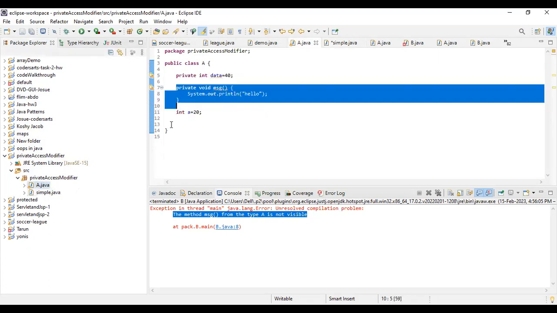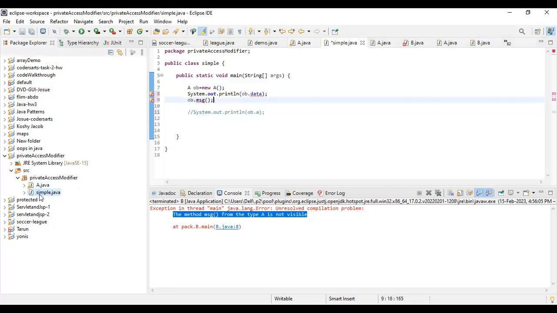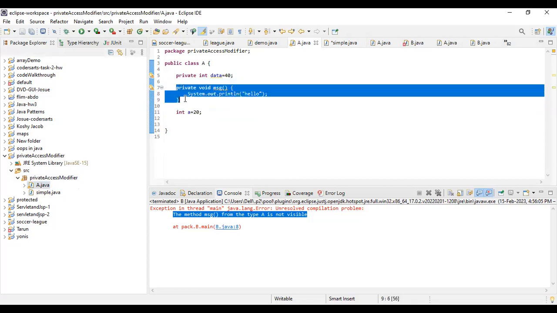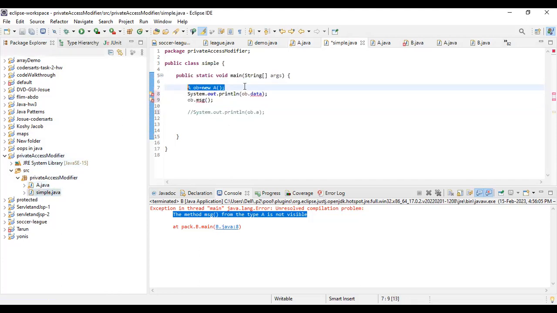And if the access modifier is private, meaning outside the class, you cannot access it. Same goes with the method. So we're calling this method of class A, but you cannot do it. Why? Because the method here is private. If it is private, you can only use it within the class, and outside the class, its use is not possible. If I try running this code to see a deeper look,